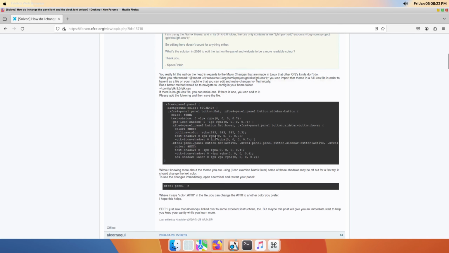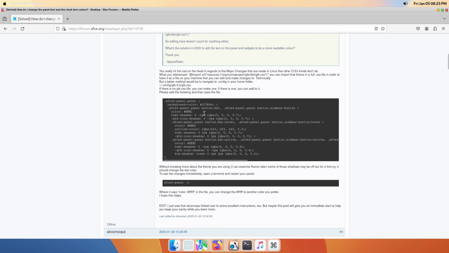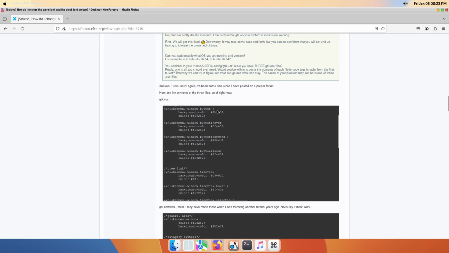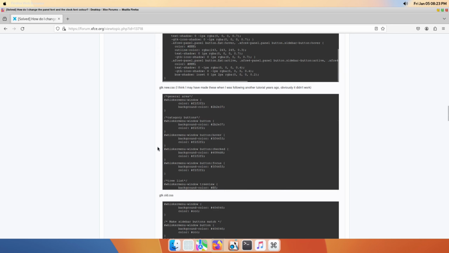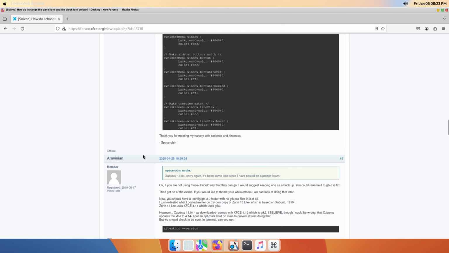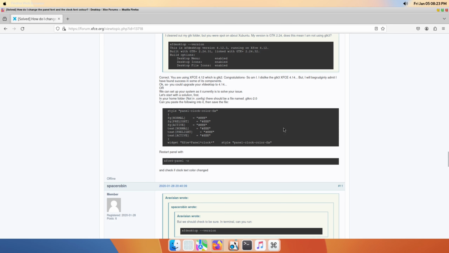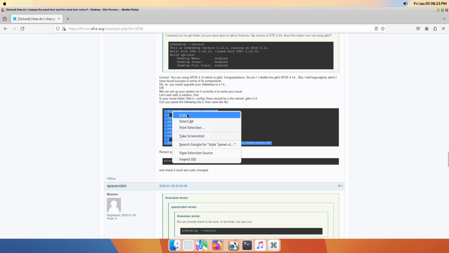and I found one right here, and it has a few options. I tried a few of these, and there was one that actually did work. It's not those. It's this one right here. So what I'm going to do is copy this. Copy, and then I'm going to open up File Manager, go into Configs,